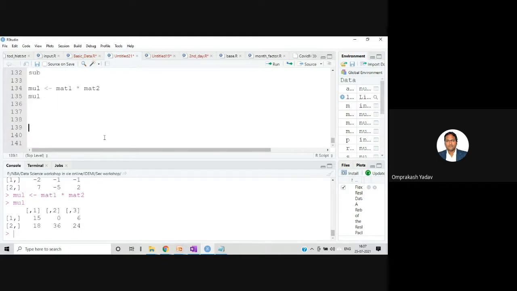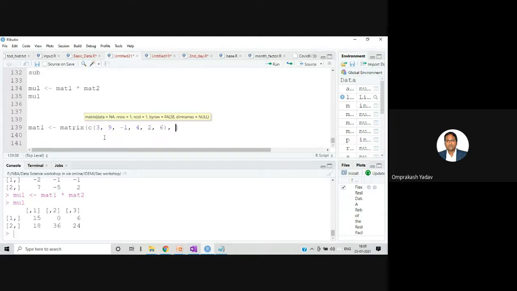But for that, we need to make the dimensions compatible. So I'll create mat1 equal to matrix, and in the c function I'll specify the numbers 3, 9, and -1, 4, and 2, 6.